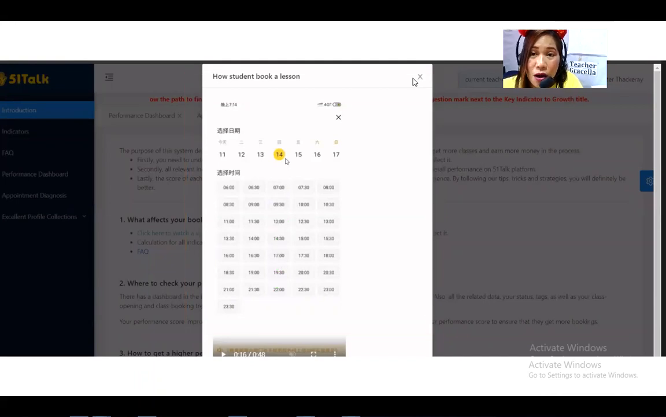Next up, of course, once you are already fully booked, they will not see any schedules here. Why? Because you're already fully booked. What would appear on their side is just the open slots that are not booked yet. Okay. Next up,